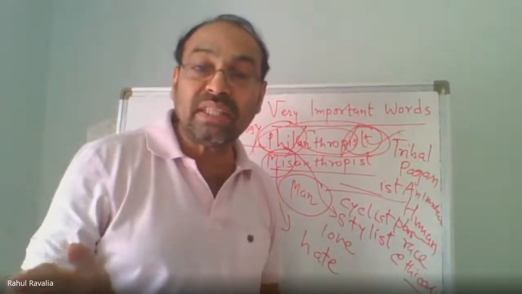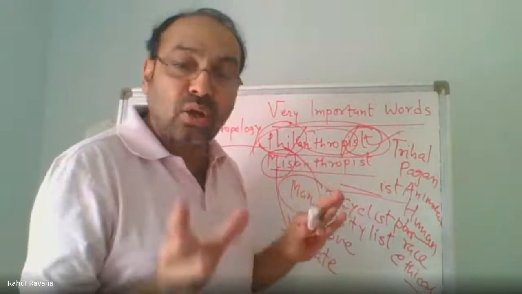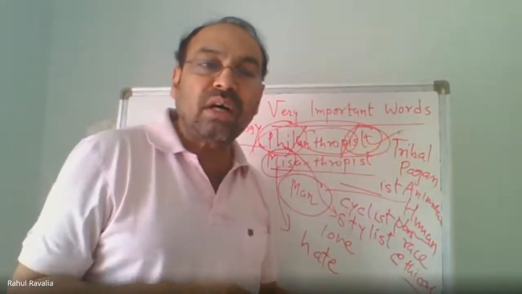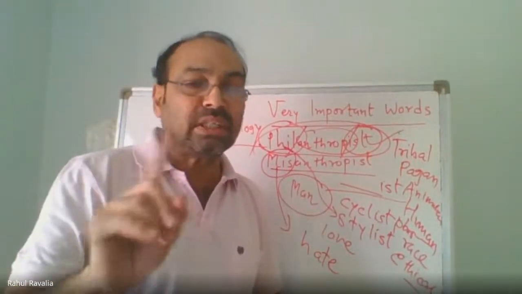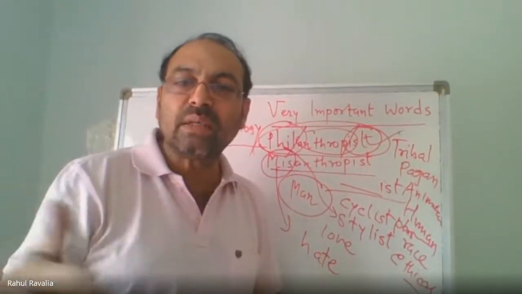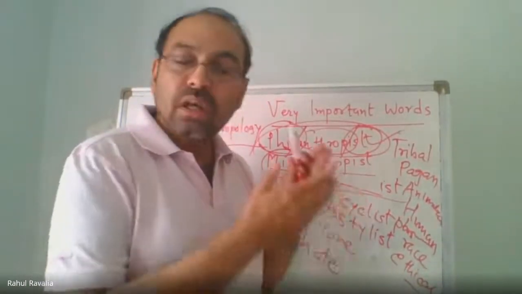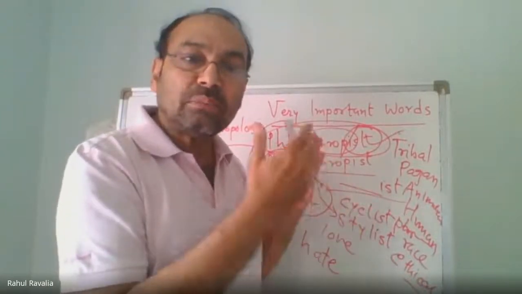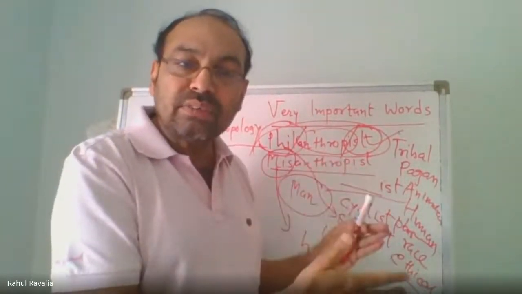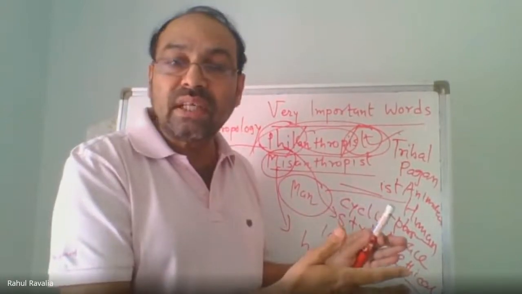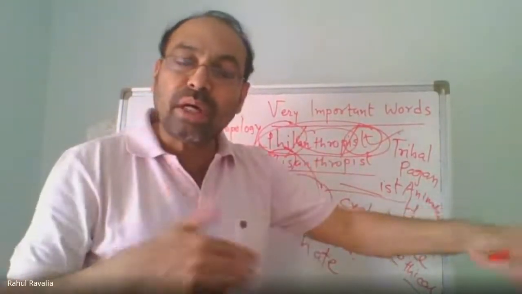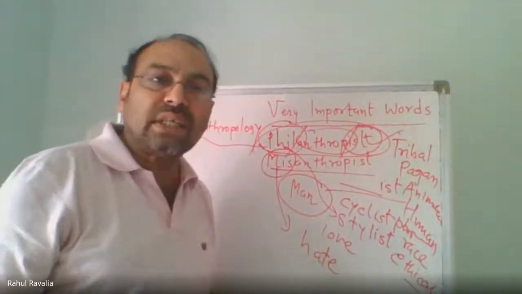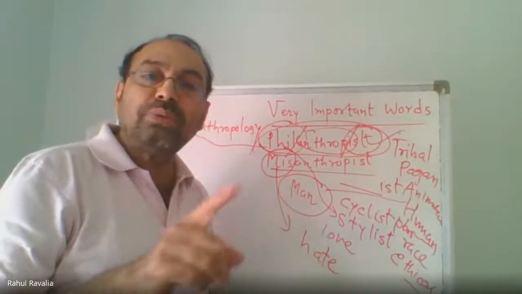But a common man thinks that his religion is permanent, from the beginning of the earth to the end of the earth, but it is not the case. Religions always keep changing, but the living span is always larger. Sometimes 50 years, sometimes 10,000 years, sometimes 5,000 years, sometimes 25,000 years. So the span is very much bigger, but they keep changing. So it is called anthropology. What is anthropology? It is the study of cultural development of the human race.